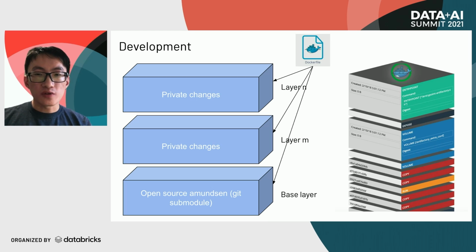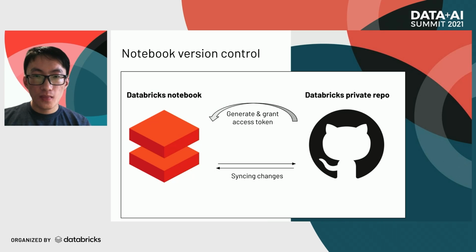So how do we do the deployment with so many customizations? Basically, we submodule the open source version Amundsen service into our own private repo and use it as the base layer. We apply our own local changes on top of it, thus overwriting its original functionality. We will upload the newly built images into the Databricks private Docker repository and use them for our Kubernetes deployment. All our metadata ingestion logic resides in several Databricks notebooks.